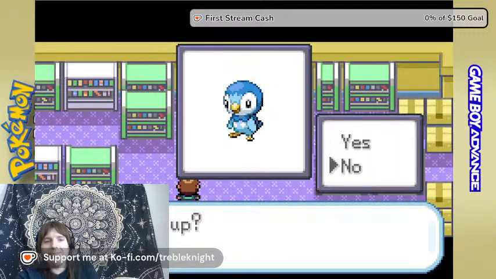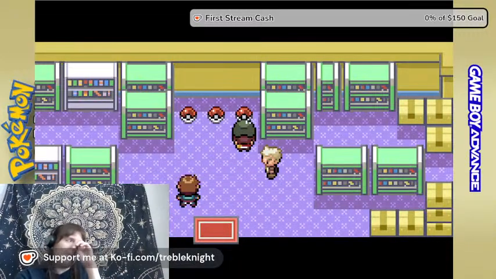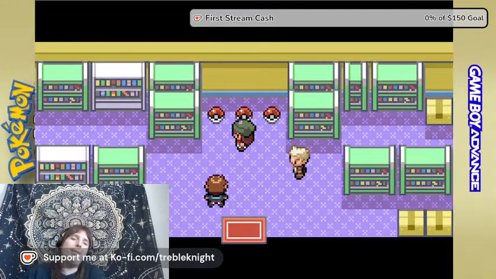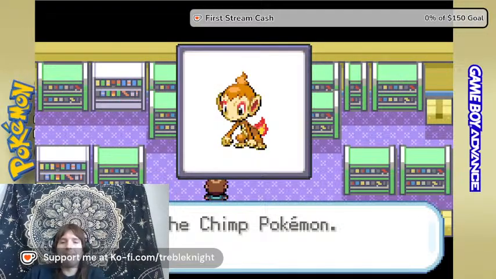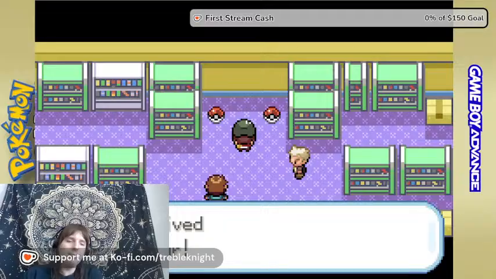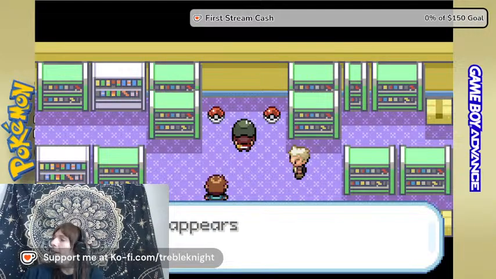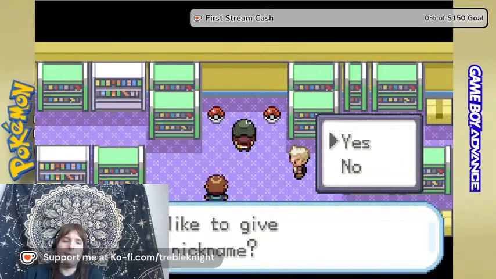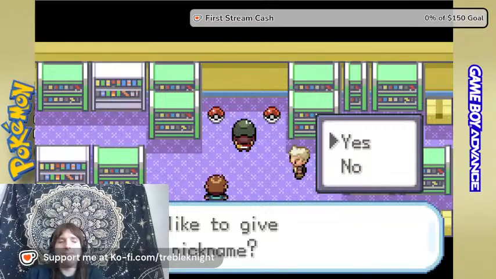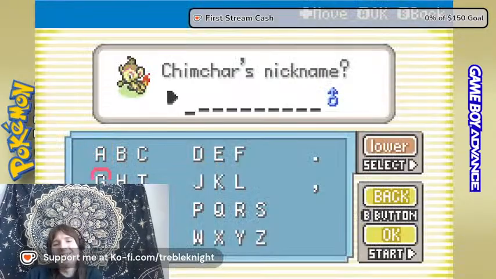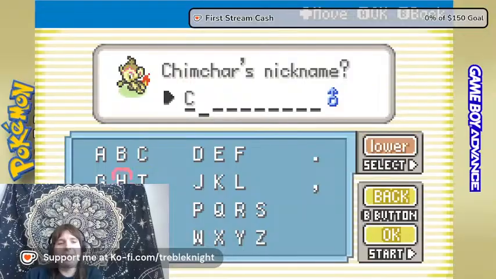I guess I'll go with Chimchar. Chimchar is pretty good, and it has an impish nature. We'll name it Charmander, because that's hilarious.